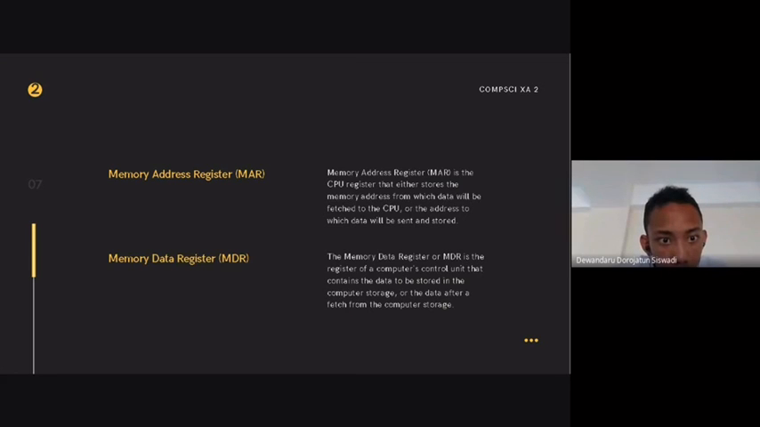Memory Address Register (MAR). The Memory Address Register is the CPU register that either stores the memory address from which data will be fetched to the CPU, or the